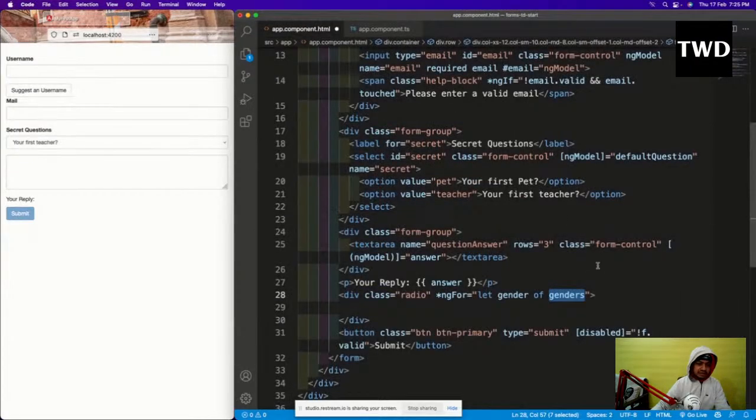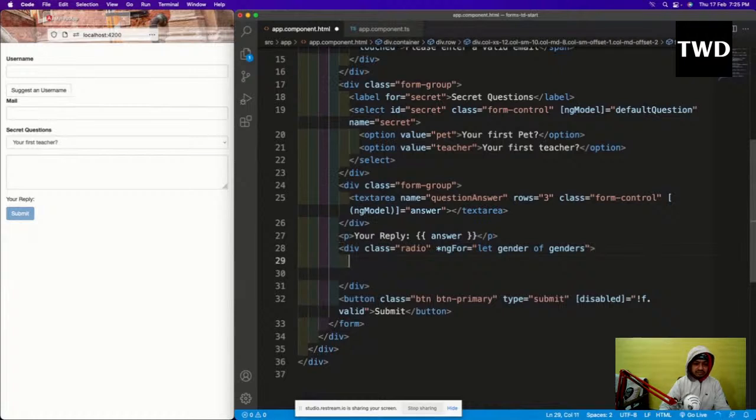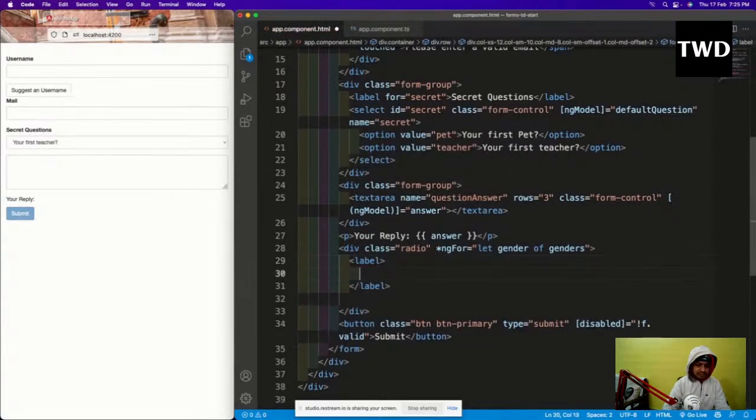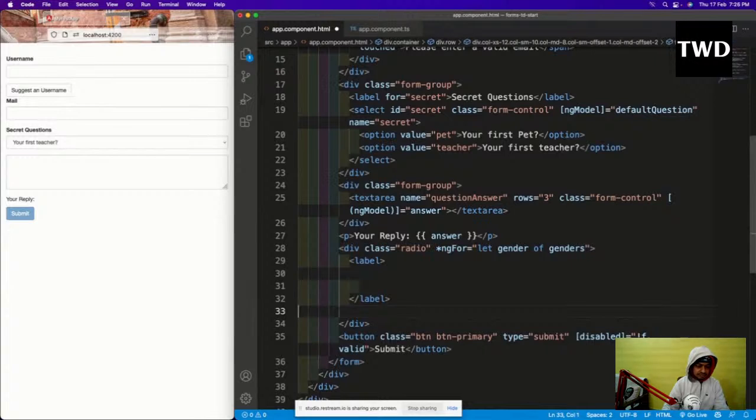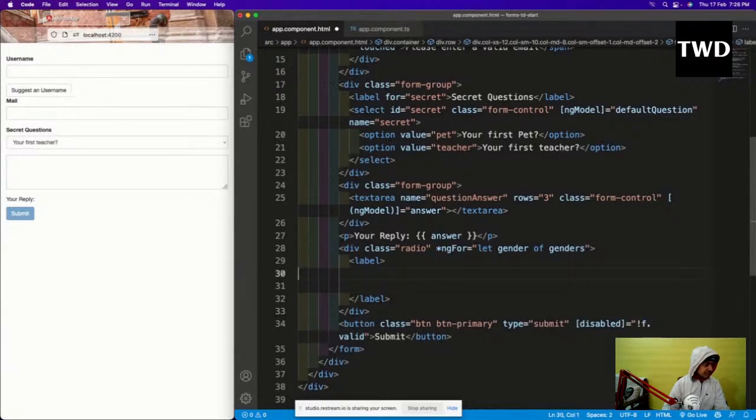After this I will have a label, and then an input.